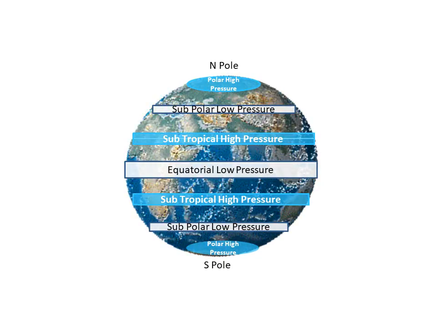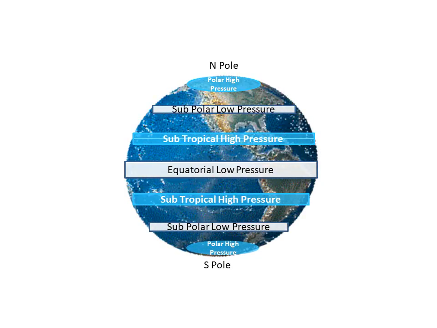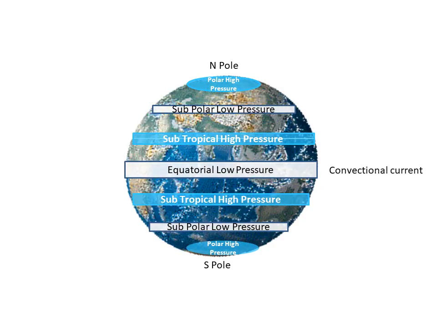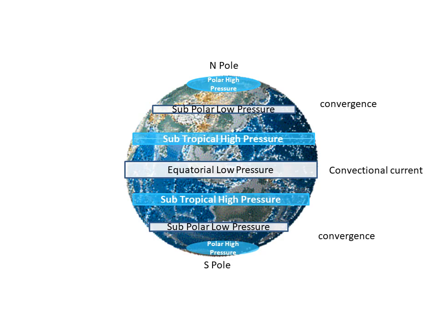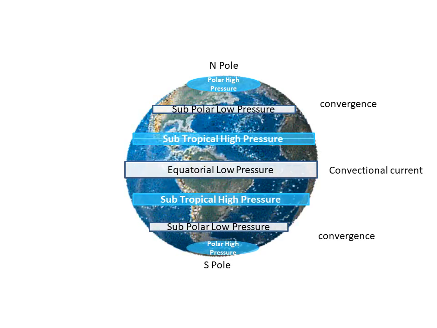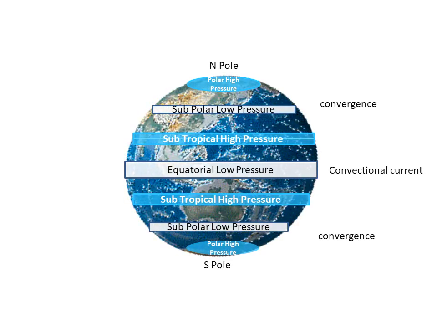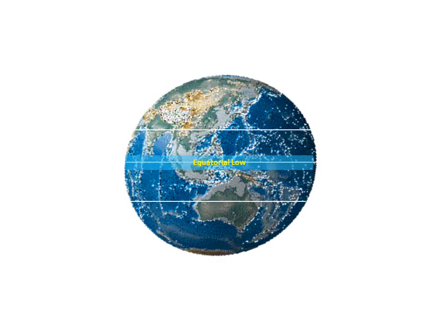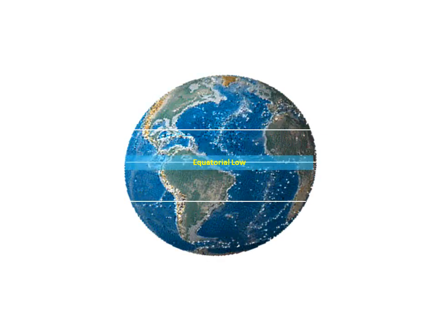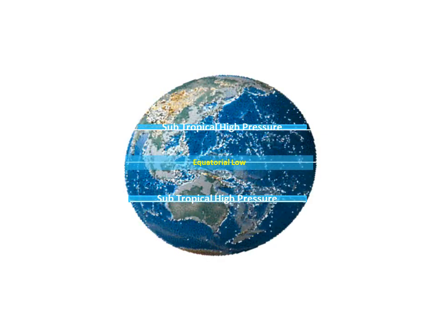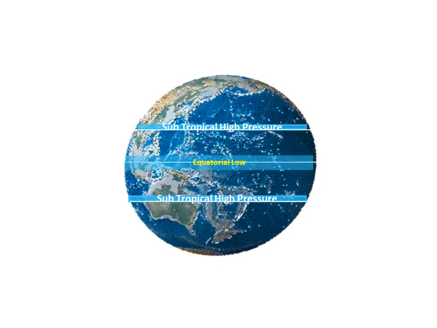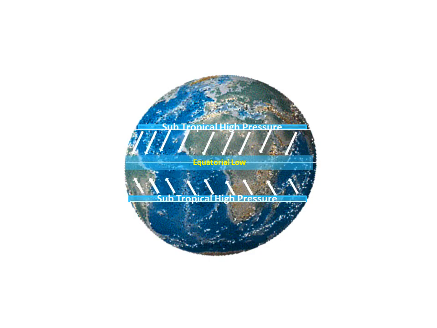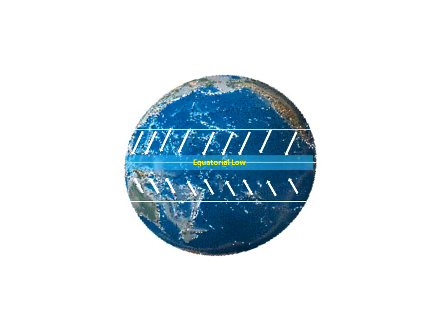Along the equator, the air is rising because of convection, and at the subpolar low, we have rising air because of convergence. This rising air also spreads out, cools and sinks. On the surface of the Earth, along the equator, the winds move from high pressure regions to low pressure regions, that is, from subtropical highs to the equatorial low in the northern and southern hemispheres.